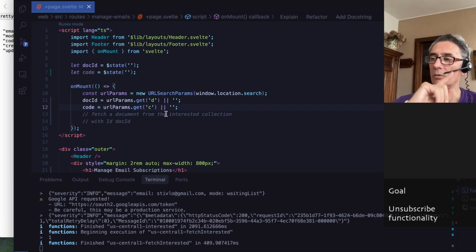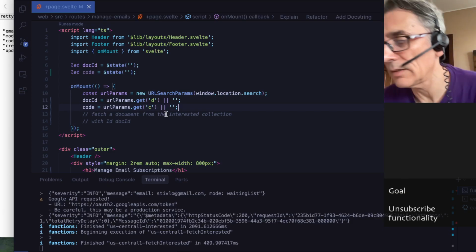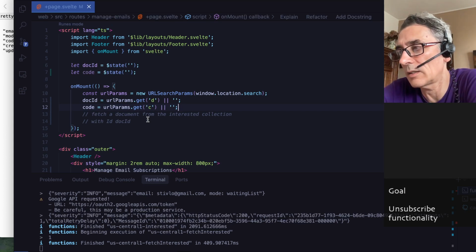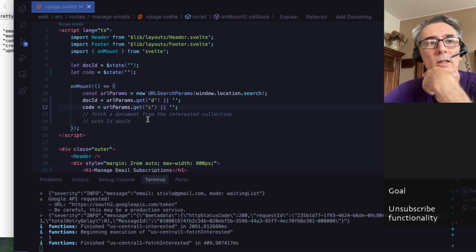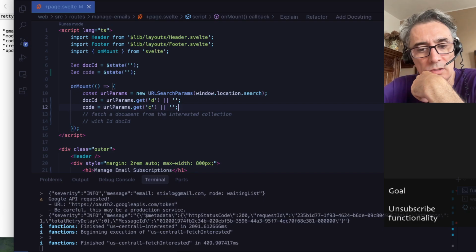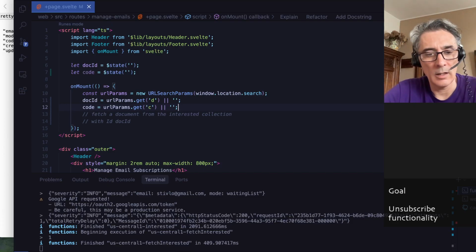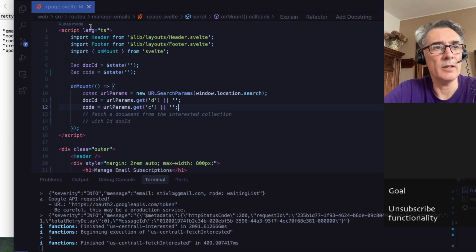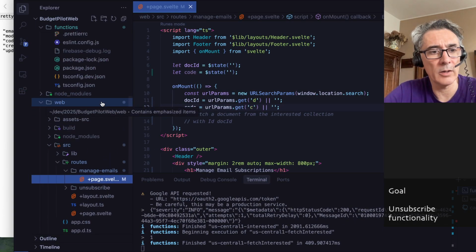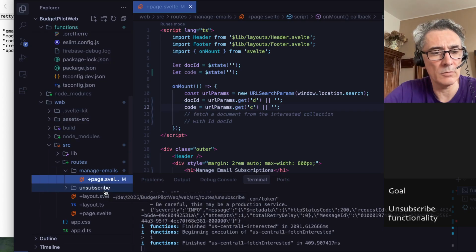However, we want the function to be safe. We don't want to do the check for the code in the front end. Otherwise, the data is exposed already. So we want to do the check for code in the backend. And for that, what I'm thinking is, yes, there is somewhere we are already doing something similar, which is